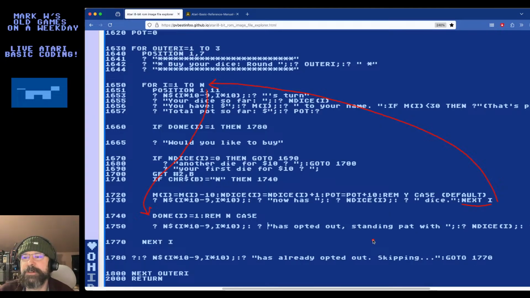And hey, Troy Martin in the house. He says, oh, hey, I did this same thing like a month ago on the Atari 400 Mini. You were coding on the 400 Mini. That's pretty cool. How do you like that machine? I'm just coding in a web browser with this kind of ROM image reader that works well as a basic editor. And then I save this file and load it up in the emulator.